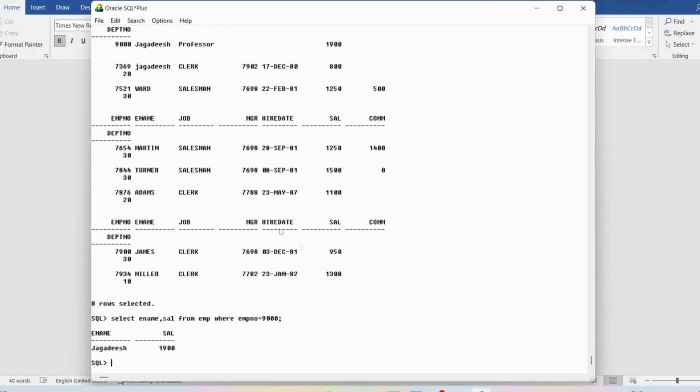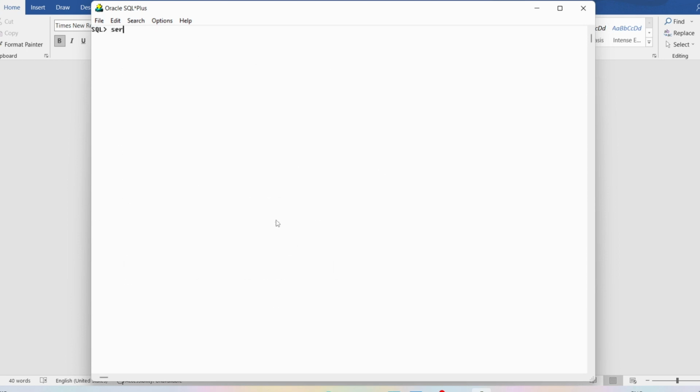Now let me write this in SQL Plus. First I will clear the screen, and then I will set serveroutput on, ending with a semicolon. Then I will write declare and I will declare the variable name, which is of varchar2 of size 20, ending with a semicolon, and then I will declare another variable called salary of type integer 10, 2. Then I will write the begin section and then I will write select ename, SAL